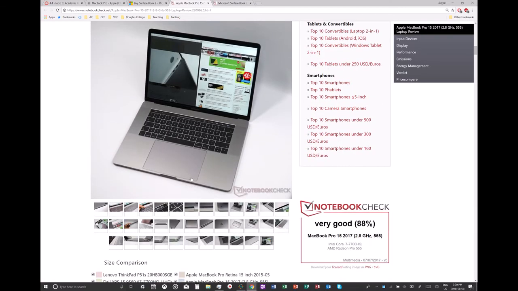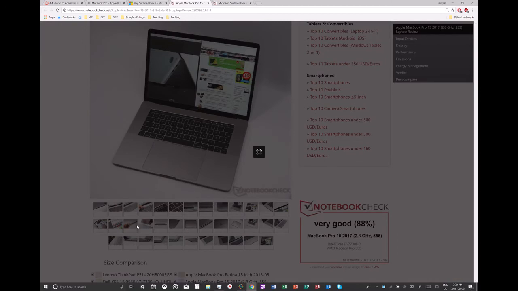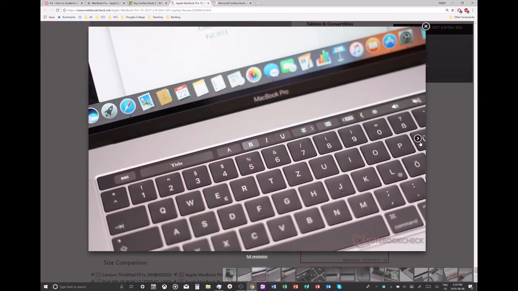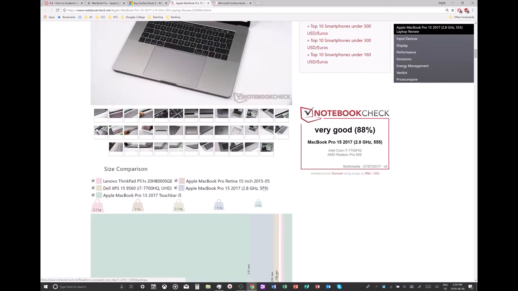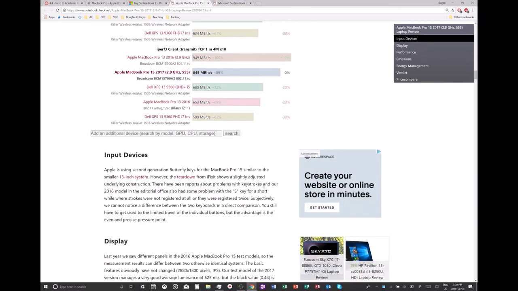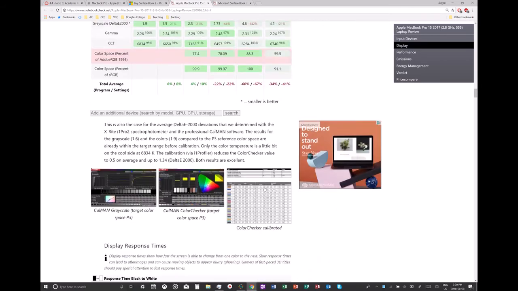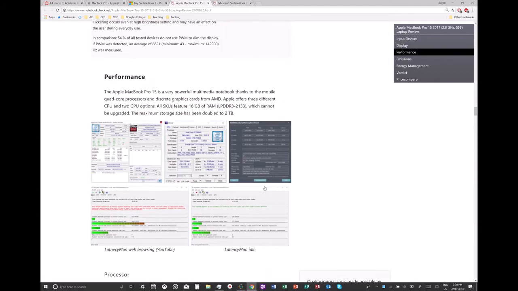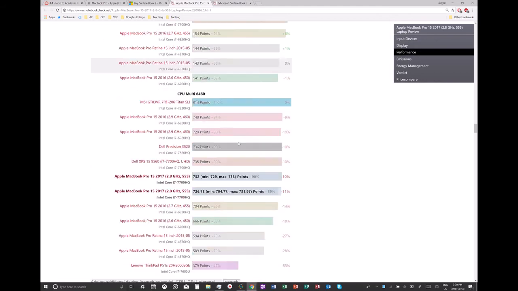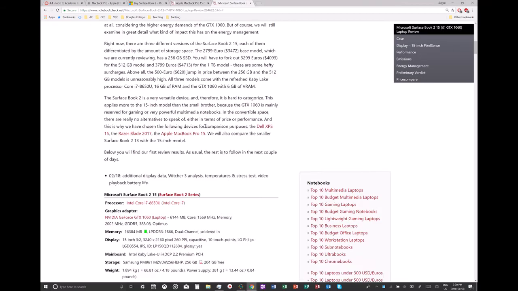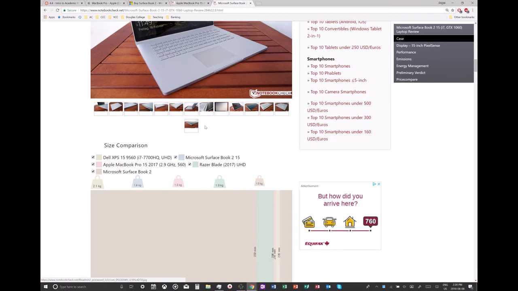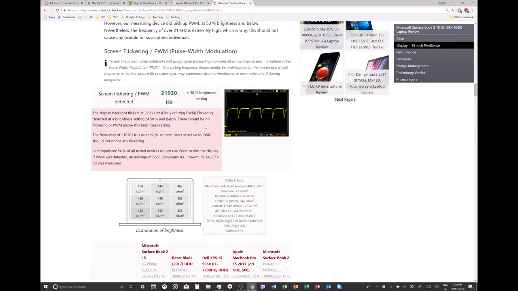So you can take a picture of all the parts of the computer, and they compare the laptop with other laptops. They look at how it works, what the display looks like, and this is very detailed research, and you would use these to build your facts. And you can see the same thing with the other product. So then you have more things to compare with, and this is from an independent source.